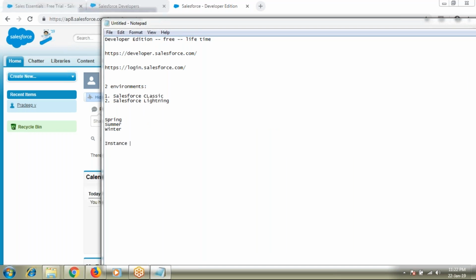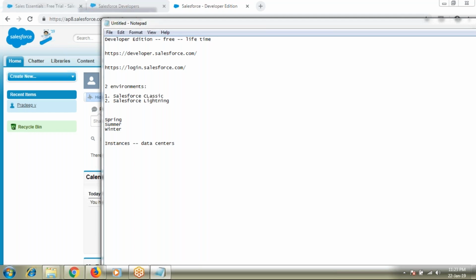Okay. Next part. So these are just the basics of your Salesforce. The next part is: Salesforce has multiple instances across the globe. They have so many instances across the globe. So what are instances? Instances are nothing but data centers. As Salesforce is on the public cloud, Salesforce can't rely on one single data center or one single instance. They should have multiple data centers or multiple instances, right?